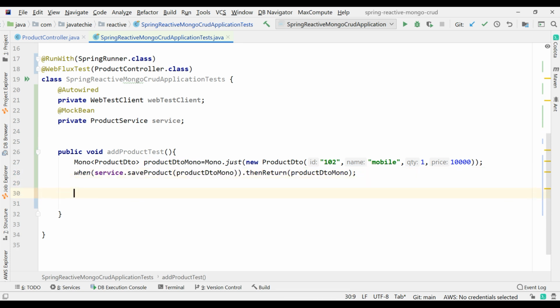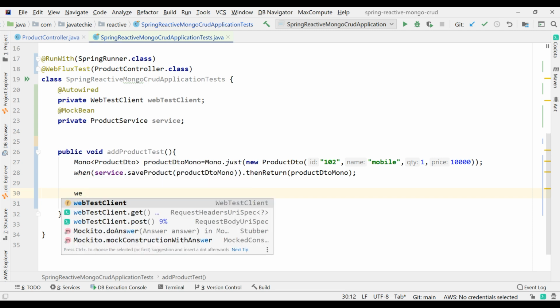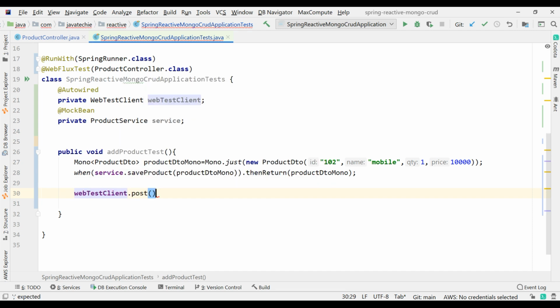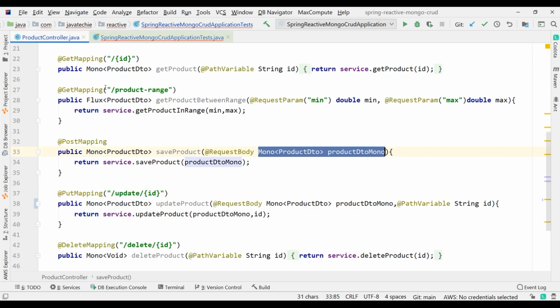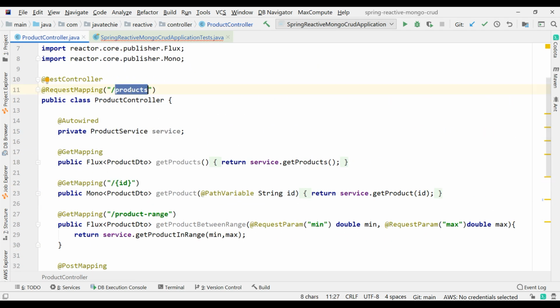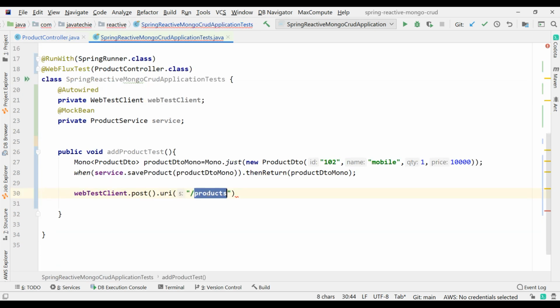Then simply we can call webTestClient. The method type is post. Then give the URI, which is /products. Let me verify the endpoint, /products. Okay.